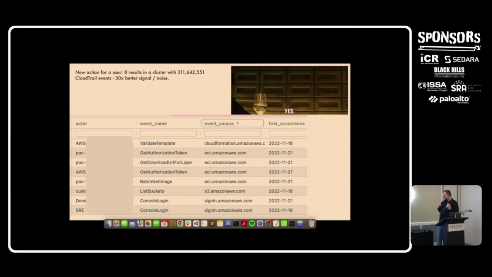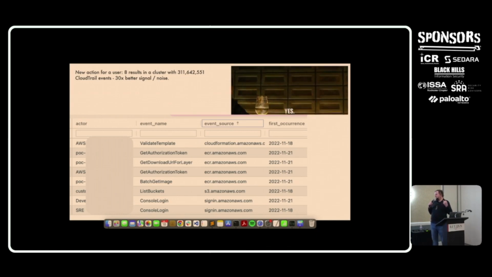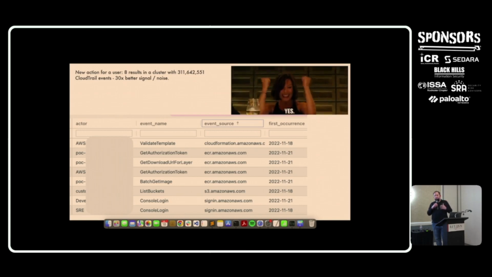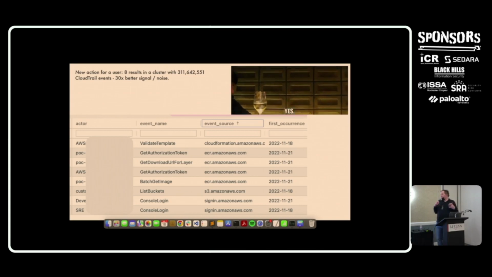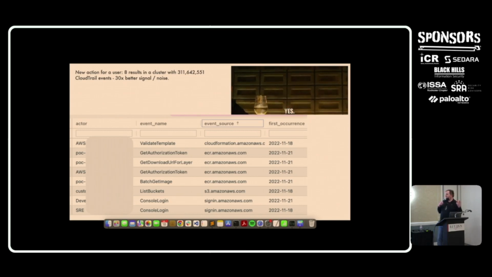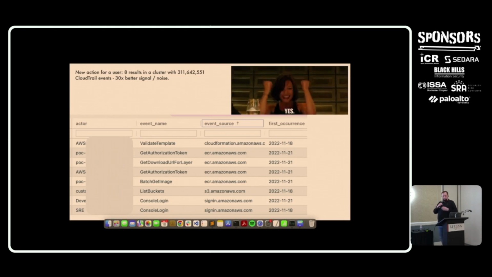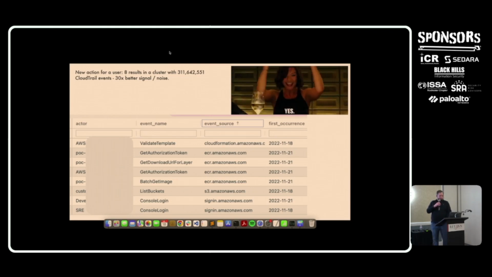So what I'm doing instead is looking at a new action for a user. So it's looking for cases where a user has called an action today, or say in the past 2 or 3 days, that user has not called previously in the past 30 days. And that actually has really good signal to noise. With 300 million events, I only get 8 results, and most of them are actually interesting. I'm looking back 30 days at the moment. So the case study that I have for you is